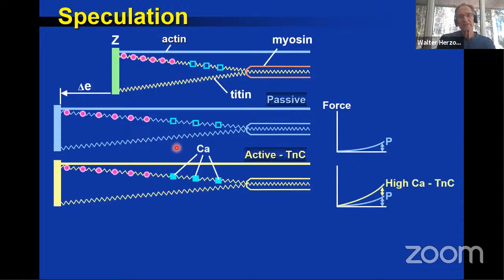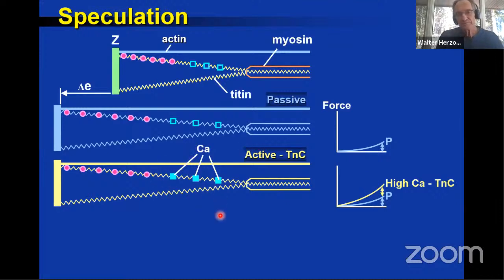And we then speculated that when you have an active muscle, and an active muscle, of course, means calcium activation, so you have released calcium from the sarcoplasmic reticulum, and the calcium activates your actin and myosin cross bridges. It might also activate titin, bind to titin and then make titin stiffer. So when you now elongate the sarcomere or the muscle, you get more force because titin is stiffer because of